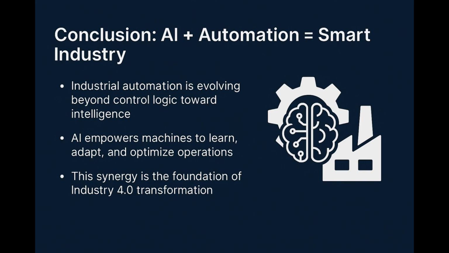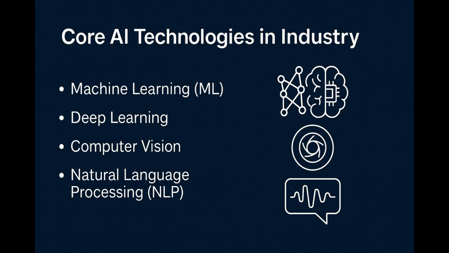Whether you're just beginning your digital transformation or already deploying AI at the edge, understanding this synergy between AI and automation is key to unlocking the full potential of Industry 4.0. In the next section, we'll explore the core AI technologies that are enabling this transformation, from machine learning to computer vision and beyond. Now that we understand how AI enhances automation, let's take a closer look at the key AI